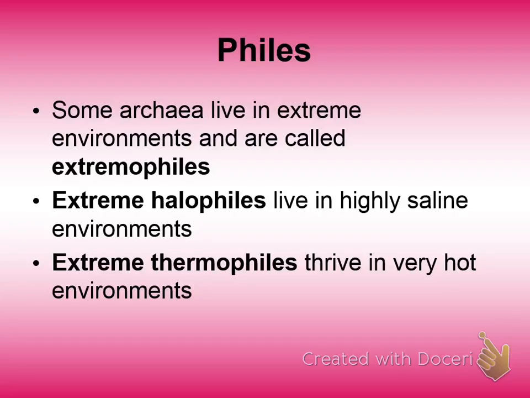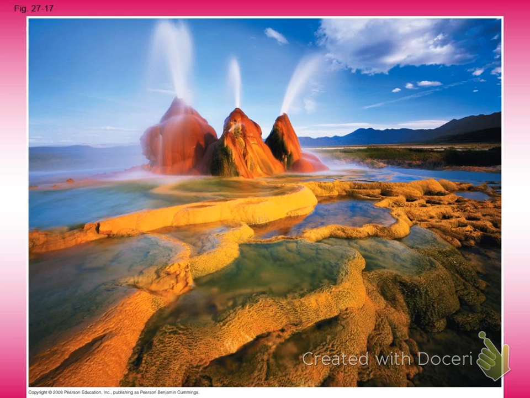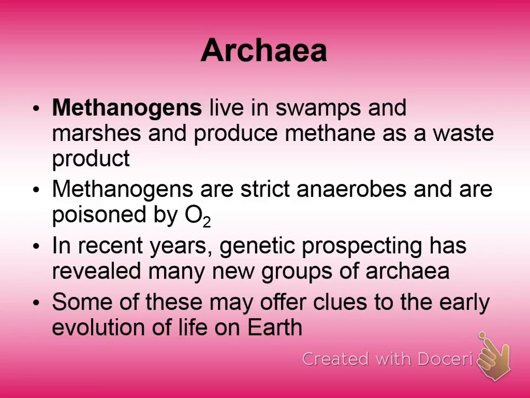But we have extreme halophiles, which live in really salty environments, like the salt mines or salt flats. They have bacteria that are living in there. And then we have thermophiles, very hot environments like at the plumes and down in Hawaii. There's bacteria living in those areas. Around the volcanoes in Yellowstone, there's all kinds of pools with these thermophiles in them. Here's some of them. You can see the different colors as they grow, as they bloom. They're different heat sensitive.